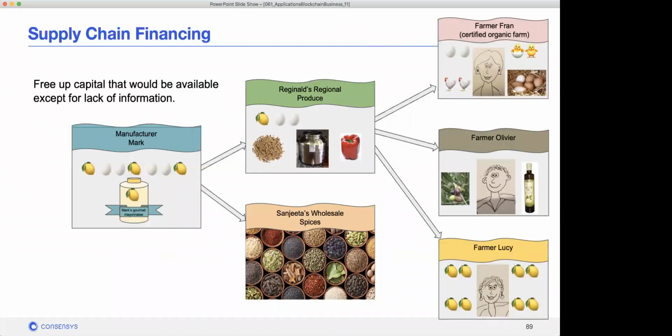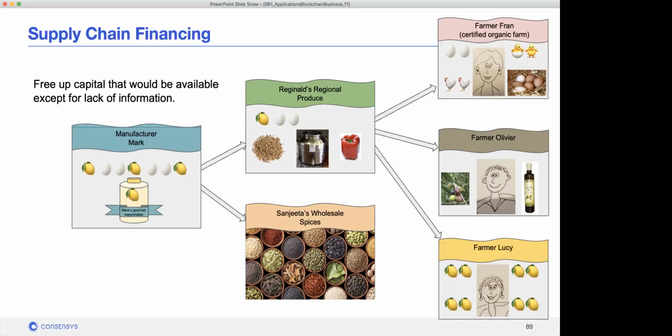Supply chain financing is another big area. So imagine that this is a supply chain and you've got, say, the manufacturer Mark, who's making mayonnaise, and they supply, say, retailers. And then they deal with some upstream providers, upstream companies. And so it's easier for, say, Reginald,